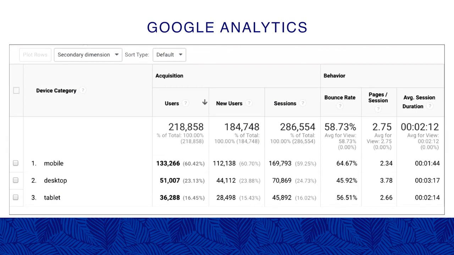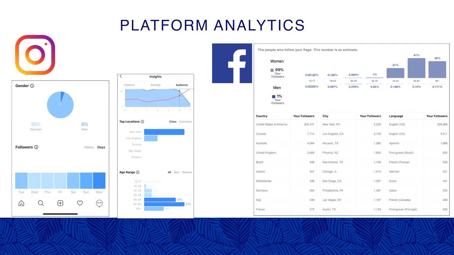And they'll also give you where they're showing up online. So are they showing up on mobile, on desktop, on tablet? So that will help gear the type of content you're putting out for them. Also, in the platforms you decide to go into, you can find analytics in there as well. You can see on Instagram who's following you, what age, when they're following you, where they're from in the world. Are they from New York, Los Angeles, Toronto? How old they are. And then on Facebook, you can see pretty much the same thing.